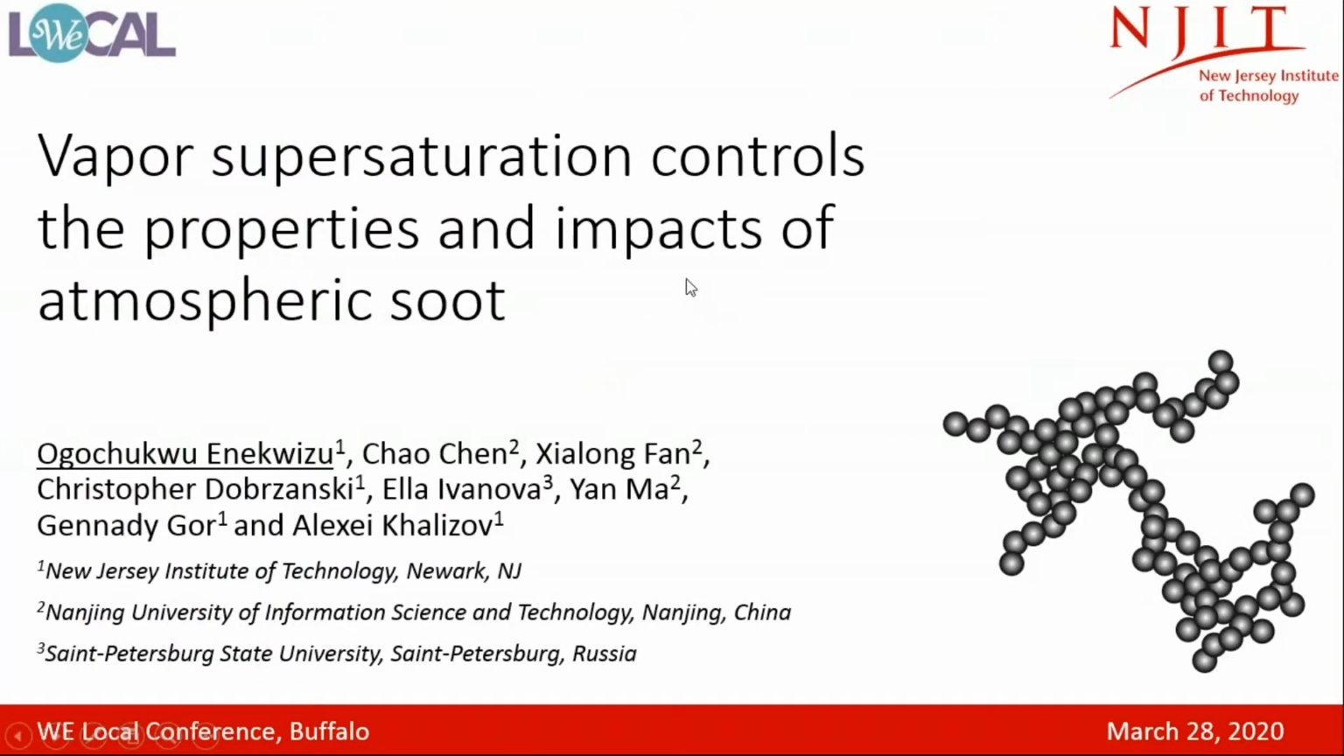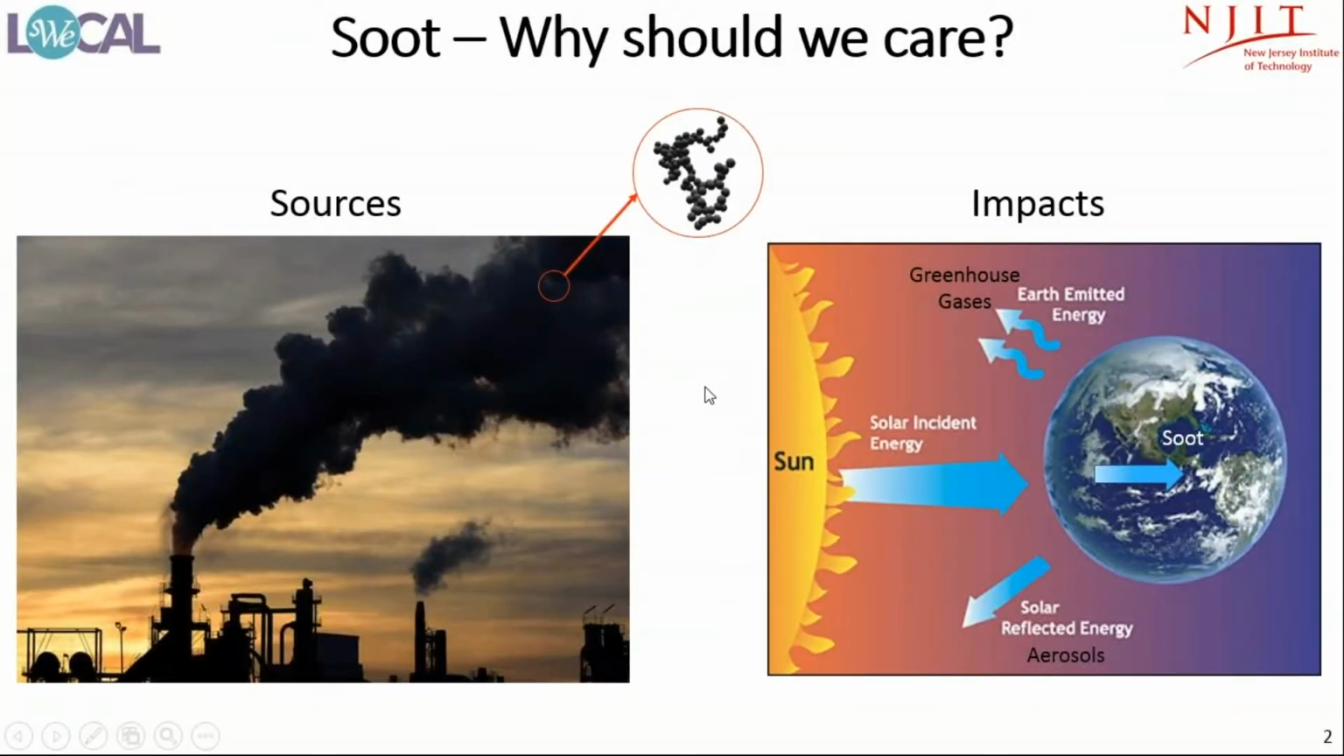My name is Ogo, and my research is focused on the properties and impact of atmospheric aerosols such as soot on our climate. Aerosols are tiny particles suspended in air that play an important role in the Earth's atmospheric system. Soot is a type of aerosol that's released from the incomplete combustion of fossil fuels and biomass burning. Unlike most aerosols which scatter light and cool the temperature of the Earth, soot strongly absorbs light and